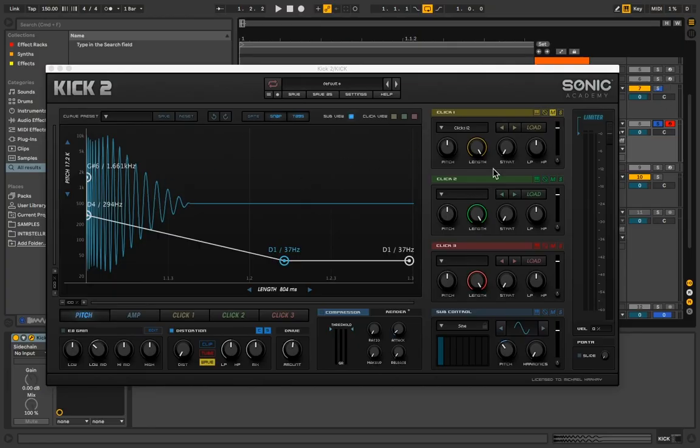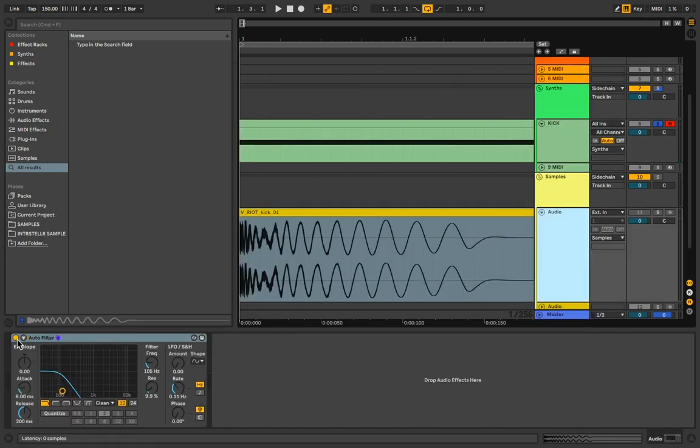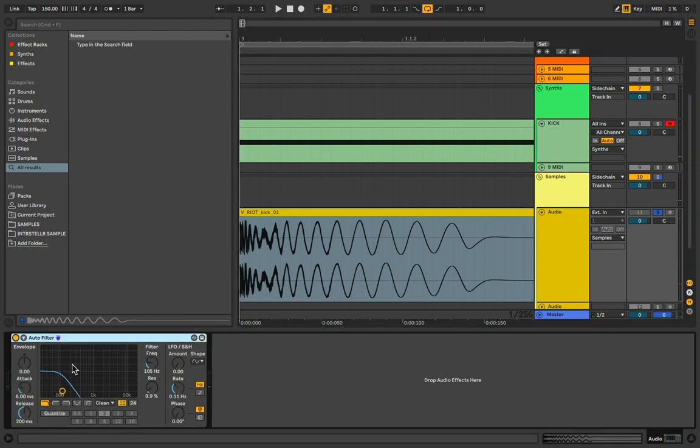Alright, so now I'm at a point where the two kicks sound pretty similar in the sub. Yeah, as you can hear, they sound sort of similar. So now I can start moving on to the click part. So I'm just going to take off this auto filter and just listen to the kick. Actually, I could put on auto filter, but just put a high pass, just to see how the click